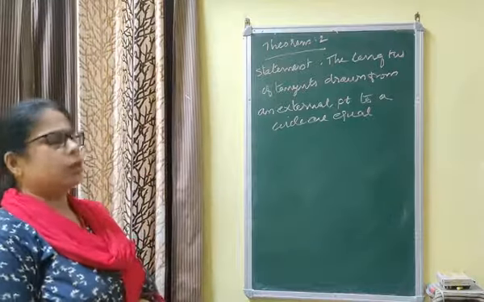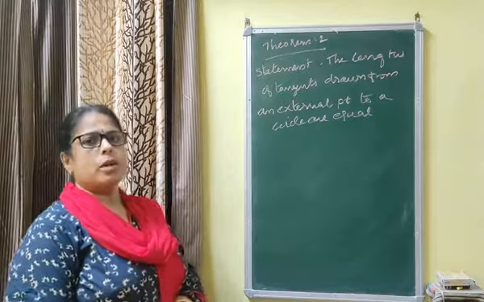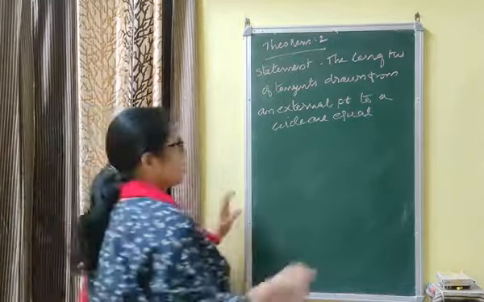For proving this theorem, we will use the concept of congruence. Now, once again, I am reading the statement. The length of tangents drawn from an external point to a circle are equal. That is the second theorem. First theorem. What was first theorem? First theorem is radius is perpendicular to tangent. These two theorems should be learned by heart. It may come in the board examination. Now, let us prove this theorem.